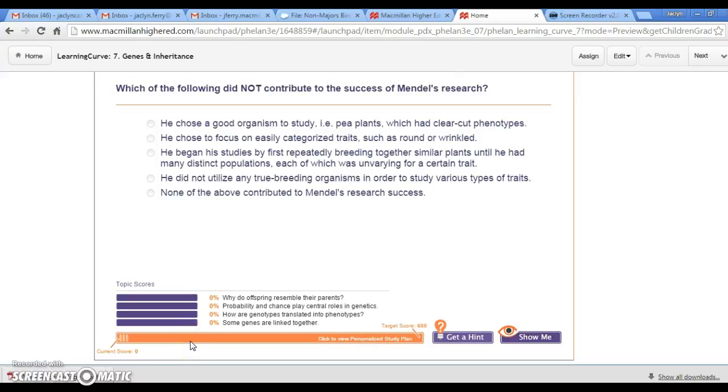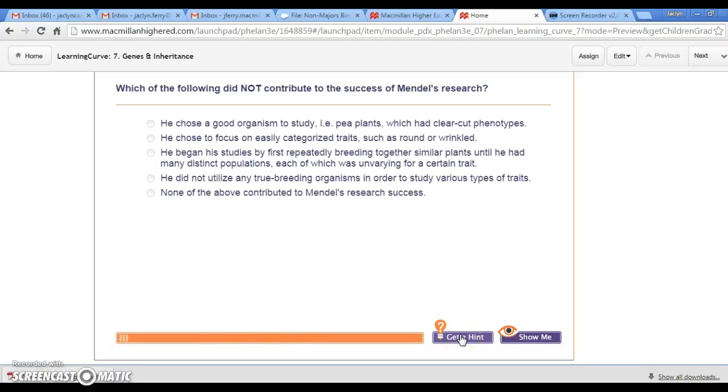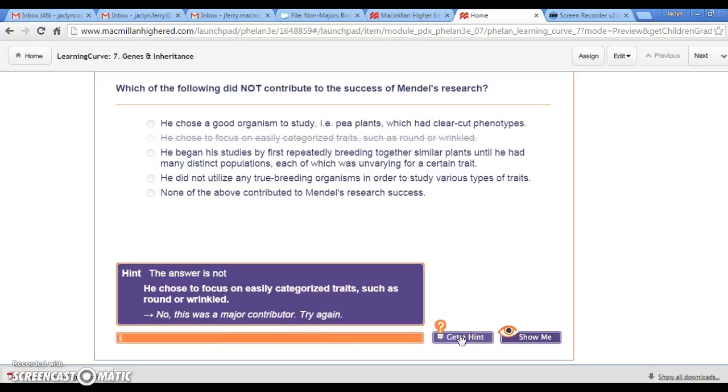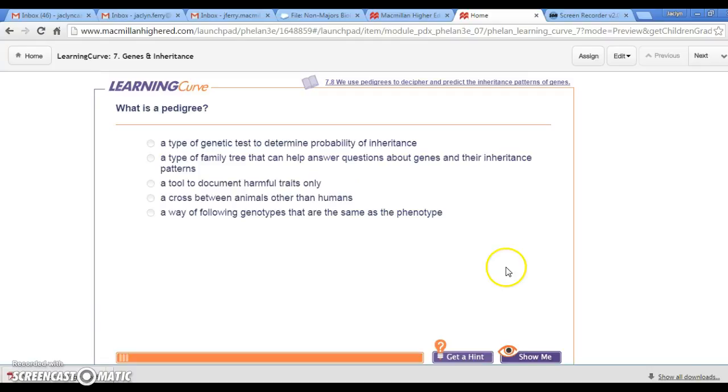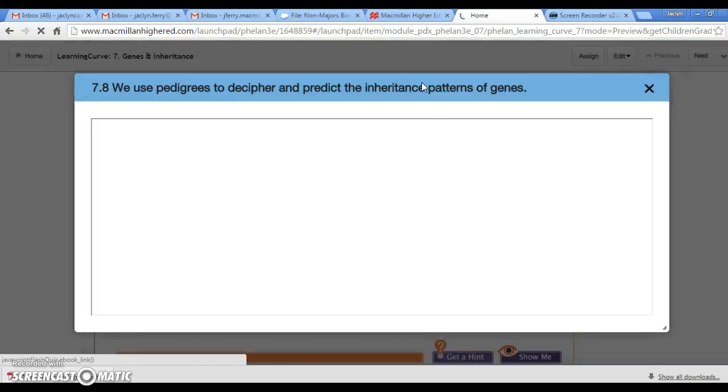If they don't know the answer to this question, there are a couple of options. They could click get a hint, but if you watch that progress bar, the number of points they would be awarded goes down. They click show me. It'll give them the answer, but they don't actually get any points awarded, so they're still starting from scratch. The third option, and actually the better option if they don't know the answer, is to click this ebook link. It's always going to appear on the right-hand side here,